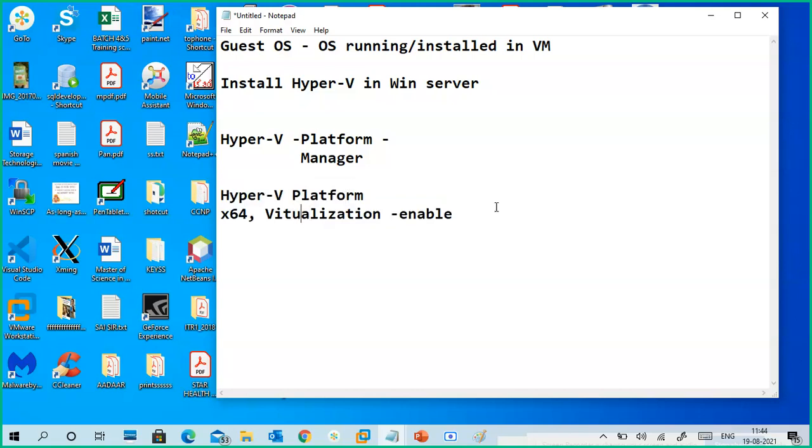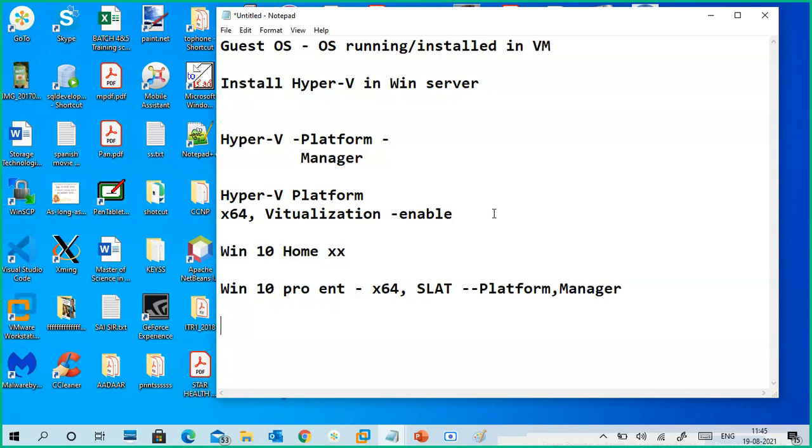It means, for example, if you have Windows 10 Home, there is no Hyper-V. If you have Windows 10 Pro or Enterprise, and you have 64-bit and Second Level Address Translation, that is virtualization enabled, if both are there, you can install the platform and the manager also.